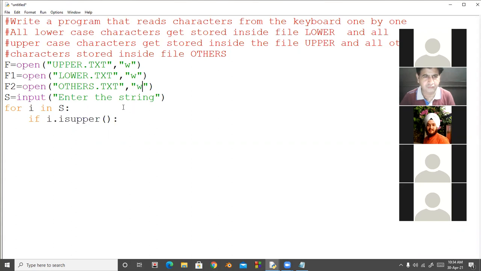After that, if it is an uppercase character, we will write that character.